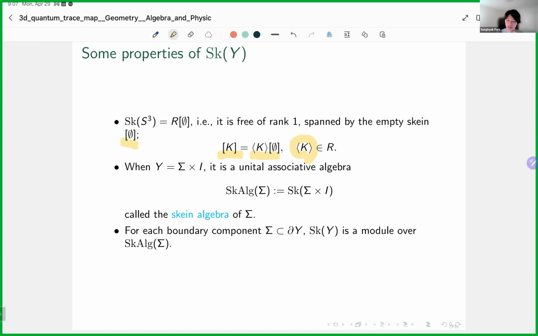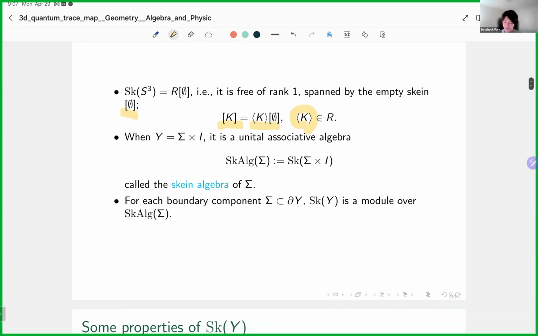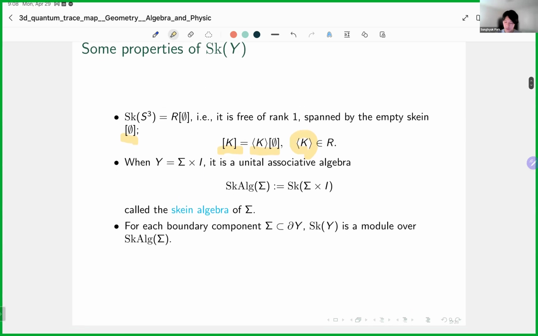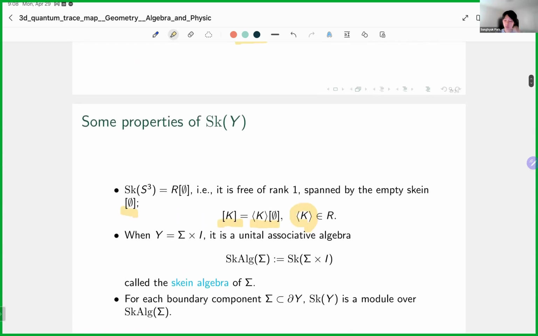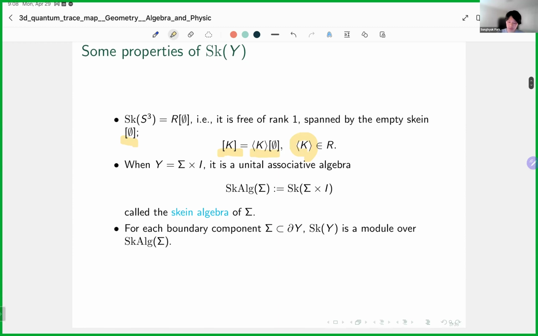And that's why this version of skein module is also called the Kauffman bracket skein module. The skein module is also interesting when the three manifold is of the form a surface times an interval, where I is an interval, say 0, 1. Then the skein module acquires an extra structure. It becomes a unital associative algebra